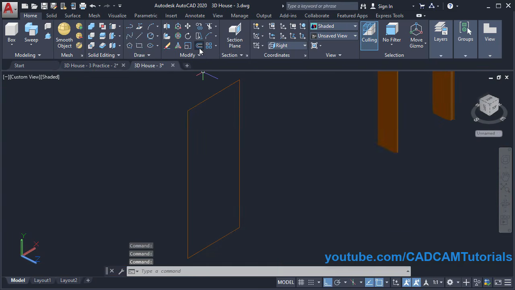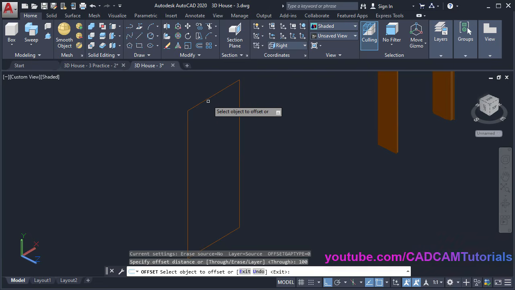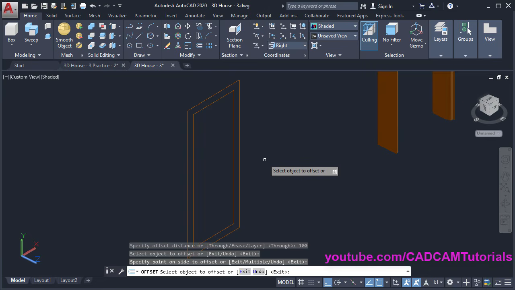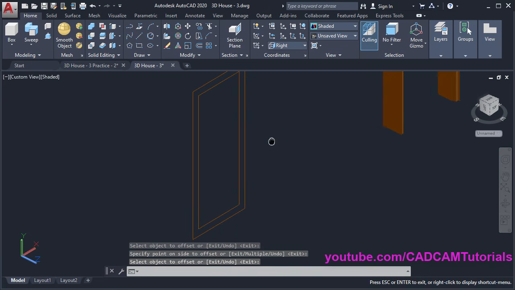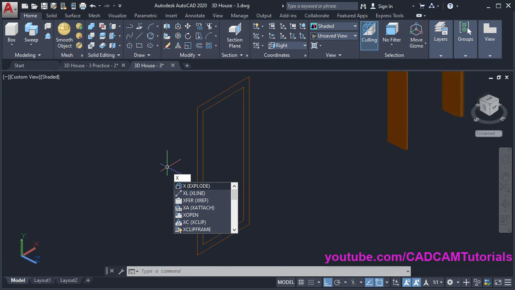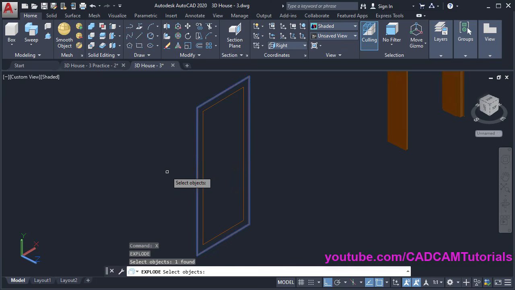So click here on offset, then specify offset distance of 100, enter, click on this line, take it inside and click, press enter. Then we want to offset individual line. For that we will break this polyline. For that type X, enter, select this rectangle, press enter. Then again click on offset,